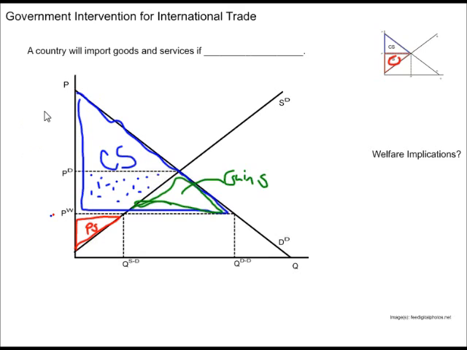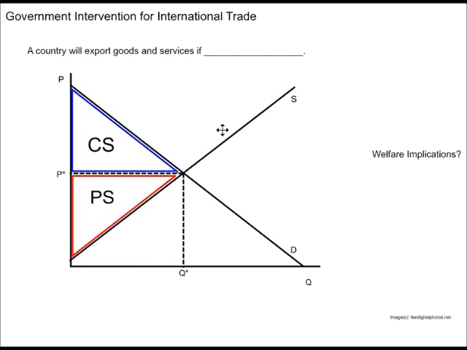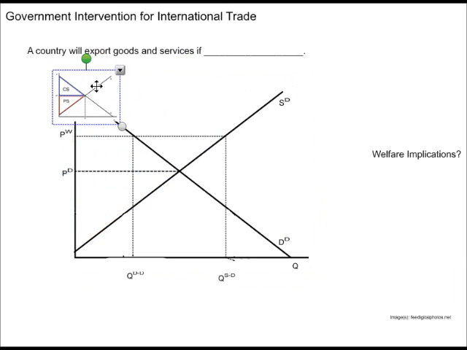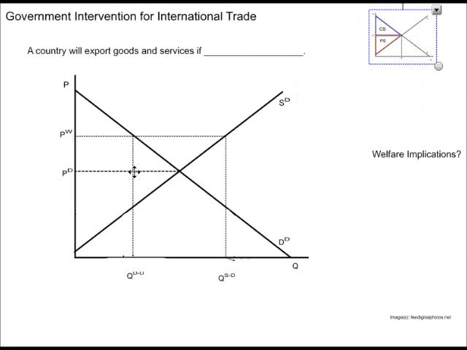We can also tell the story about exporting. Again, our basic point of reference here. We're going to keep that around. This is the story when we export. When does a country want to export? When the world price is higher than the prices of what would happen domestically. Right? So you can think about when world prices are higher and our producers, our sellers start operating on a global scale and they get these high prices,